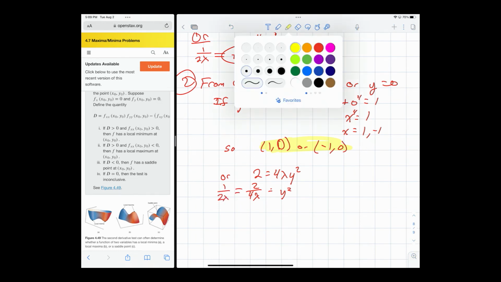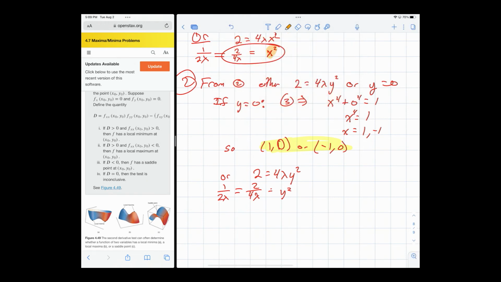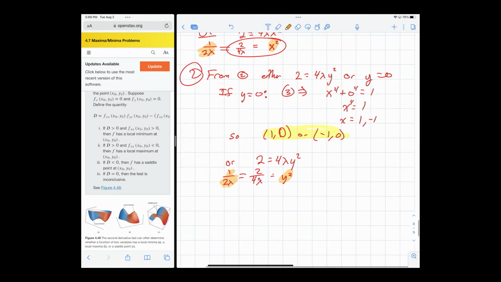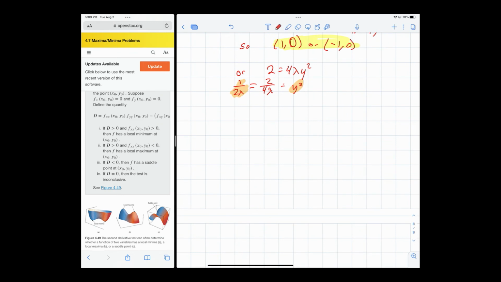So x squared is that, y squared is that. That's what happens when you don't have one of those zeros going on. So the x squared is 1 over 2 lambda, and the y squared is also 1 over 2 lambda, and you can plug that into